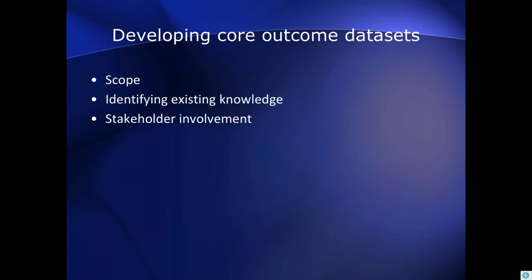Identifying and genuinely involving the key stakeholders in this process. What method are you going to use to achieve consensus on what outcomes should be included in your core outcome set? Often that uses some sort of consensus development method, such as Delphi surveys, nominal group technique, consensus conference, or indeed a combination of all. You need to consider the breadth of your core outcome set in terms of its national or international relevance, and most core outcome sets set out with the intention of being relevant for an international audience.